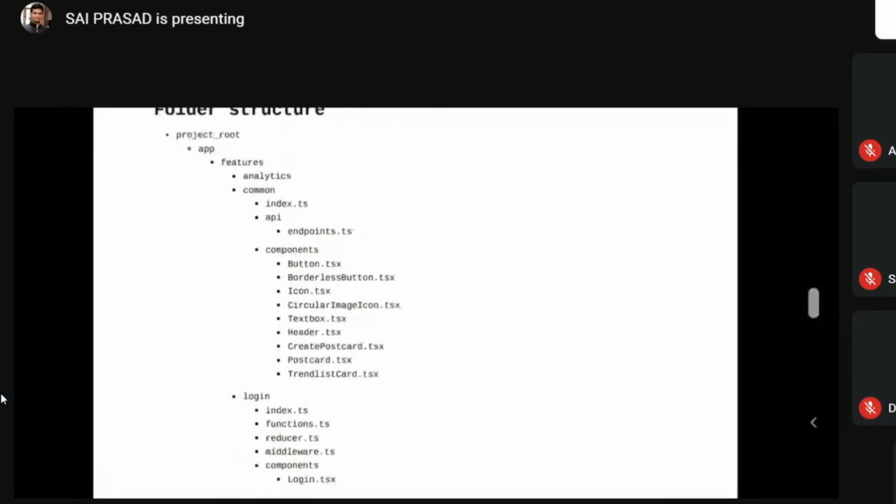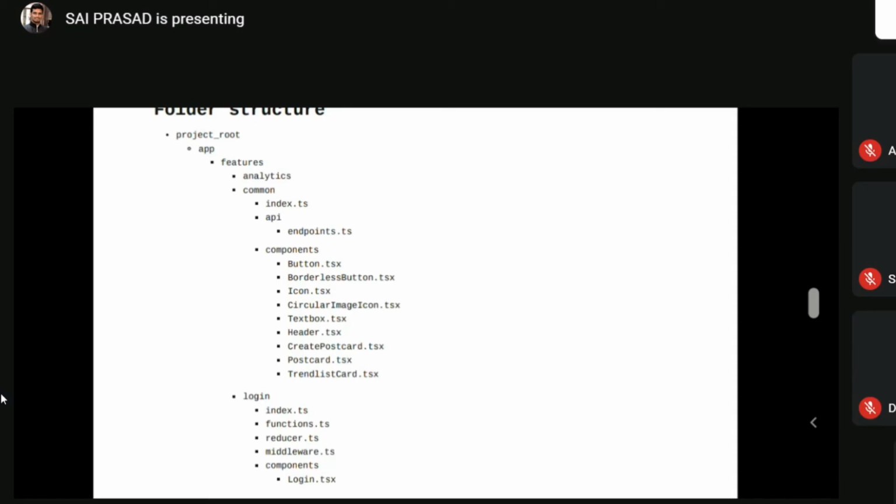Okay, so for the features part, we have analytics and common, which are available throughout the project for other components to make use of, like how many times a post has been viewed or clicked on, how many times a link is visited. Those kinds of analytics are available in analytics. We need to decide what kind of analytics we are going to put in. Is it from our API end, or from Google Analytics, or maybe a third-party analytics integration? That we'll decide, but still we have a folder dedicated to it.